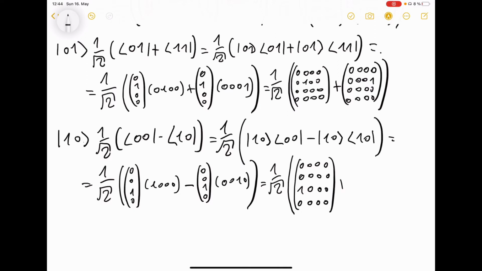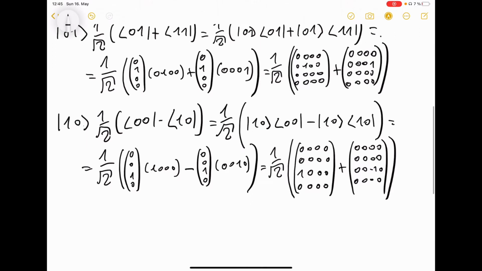Okay, plus we get all zeros in the first row, we get all zeros in the second row, we get all zeros here, here we have a negative 1, and we get all zeros in the fourth row. Okay, so that's the third one. And now let's look at the last one,